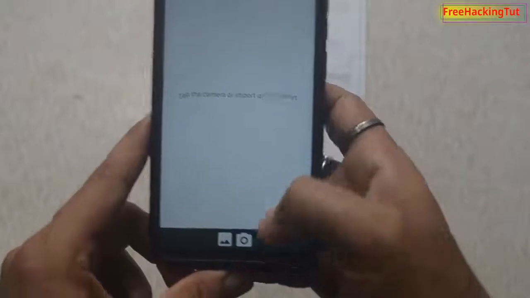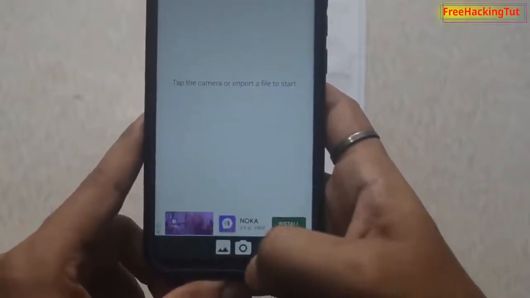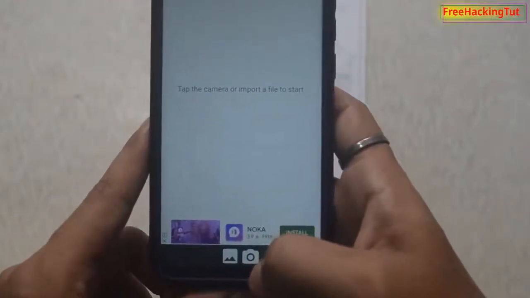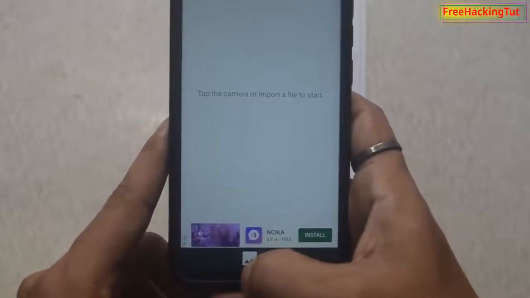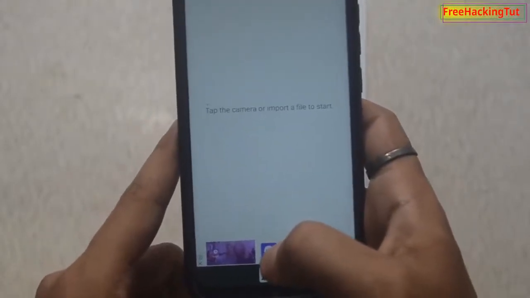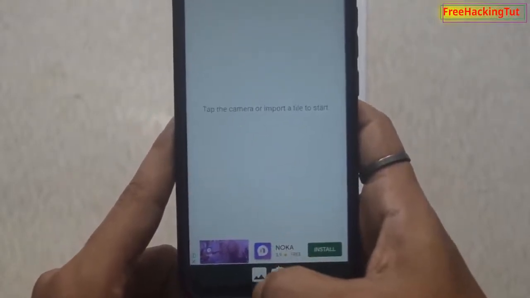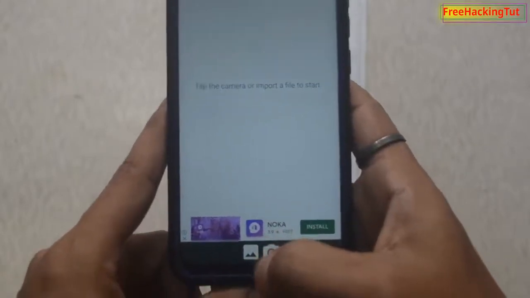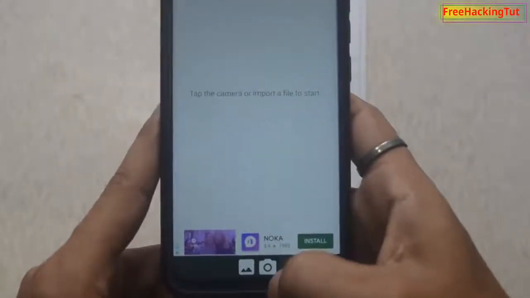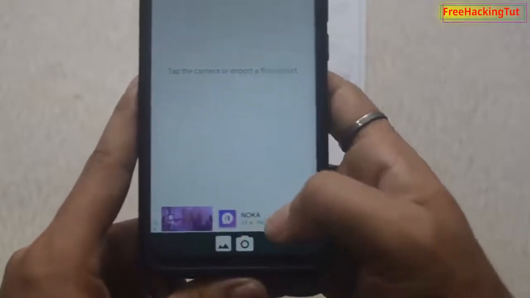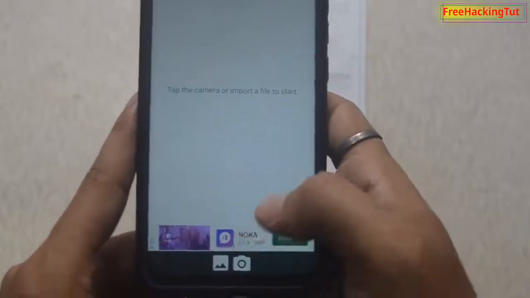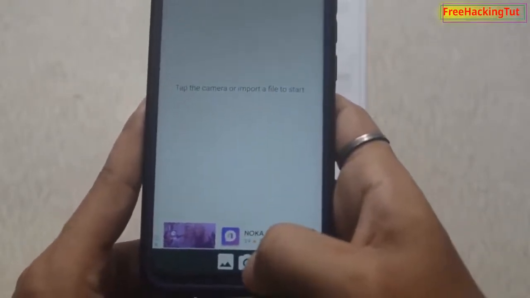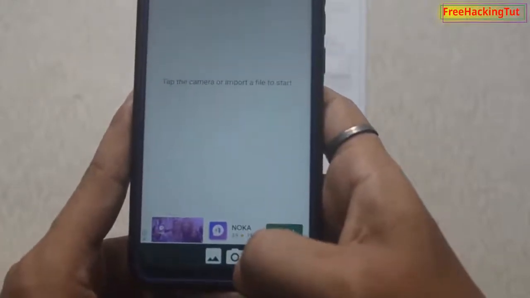Now tap on camera icon to scan, or you can also bring a document from gallery by clicking on this image icon. So now I am going to show you how you can scan using this application. Click on camera icon